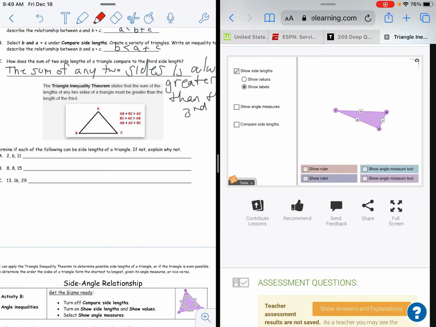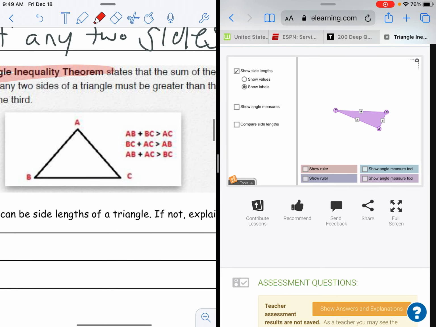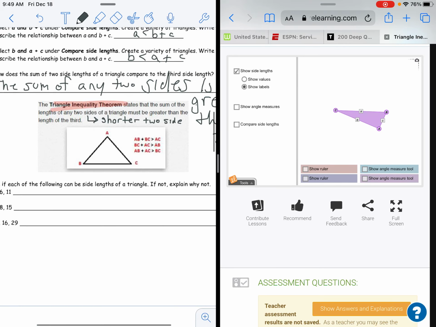All right, so now we're back and we're actually going to apply the triangle inequality theorem. It states that the sum of the lengths of any two sides of the triangle must be greater than the third. These are all possible combinations. That seems a little dense, but really it says any two sides. What we can say is the shorter two sides. So to confirm what we're about to do, just pick the shorter two sides, and it must be greater than